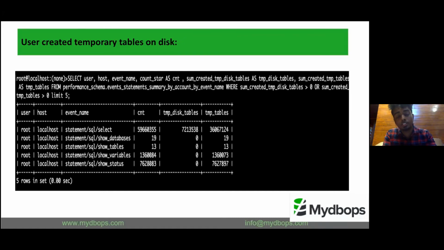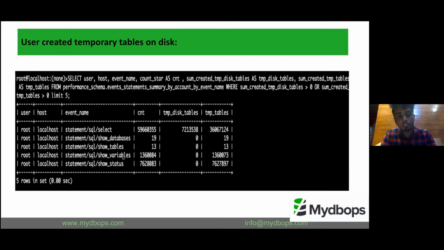It holds everything about temporary disk tables and so on. As we can see, the select in the event name creates the most temporary disk tables. It is measured in bytes, and it consumes nearly 772 GB of temporary disk tables, which is unwanted in MySQL when compared to the disk space level.